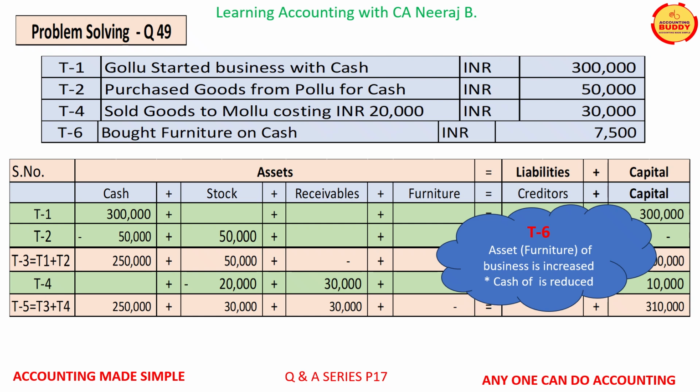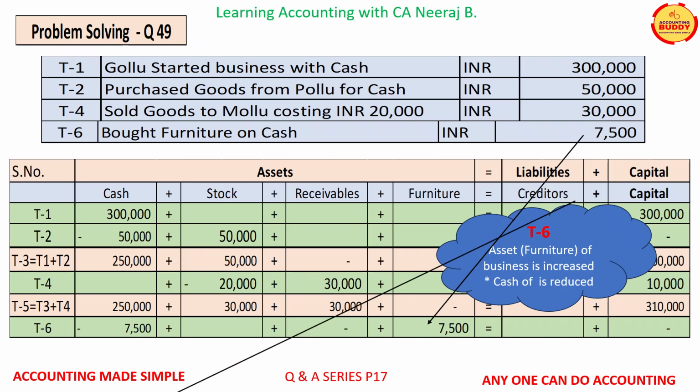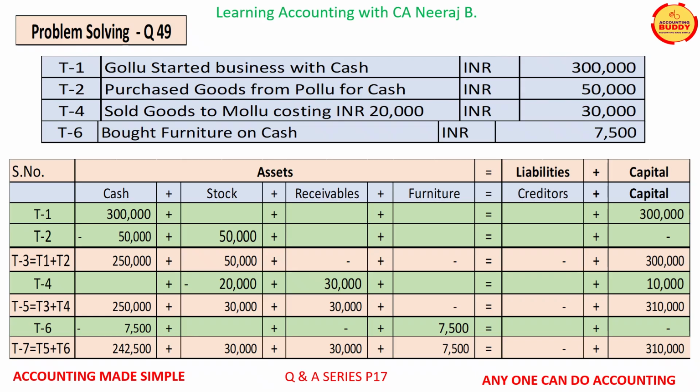The effect of this transaction will be number 1 on assets as the furniture is purchased, and number 2 again on assets as the transaction is settled with cash. Therefore, furniture which is an asset will increase by 7,500 and cash which is again an asset will be reduced by 7,500. Now post transaction T6, the new accounting equation will have cash